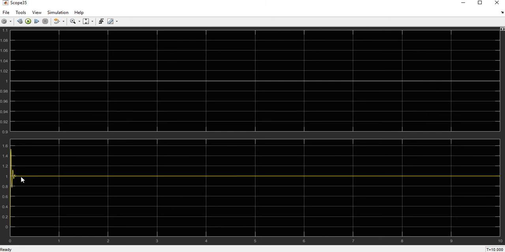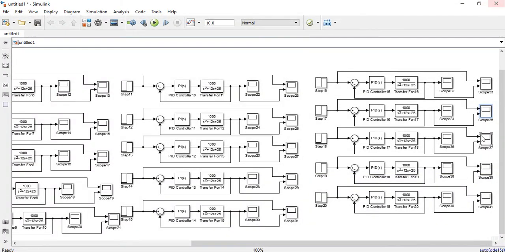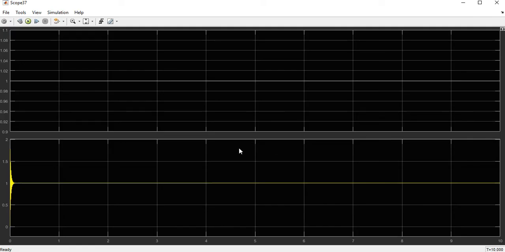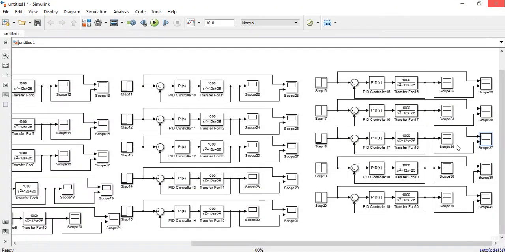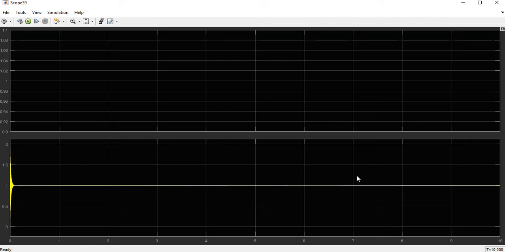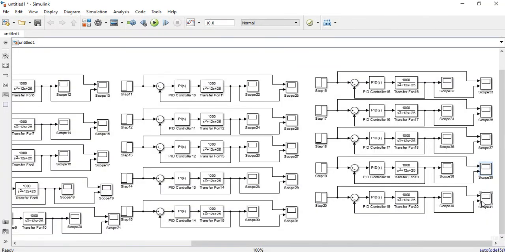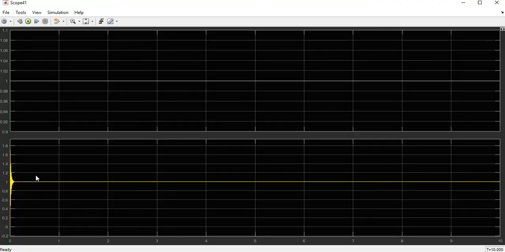As you can see, you are getting a better waveform. The steady state is reached. Again steady state is reached, but the oscillations are increased. Over here again steady state is reached, but the oscillations are there. Again the steady state is reached.